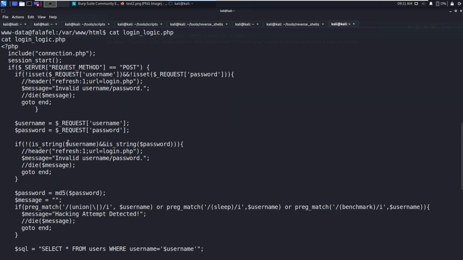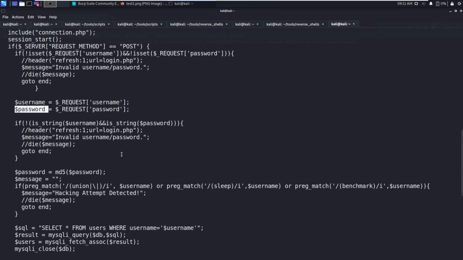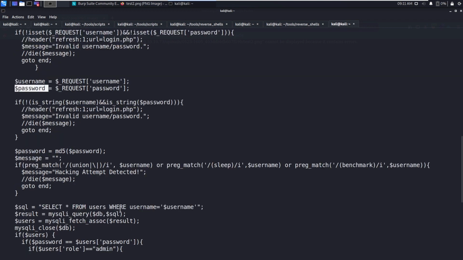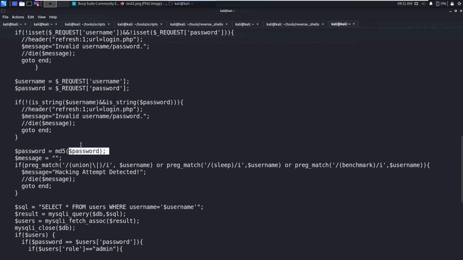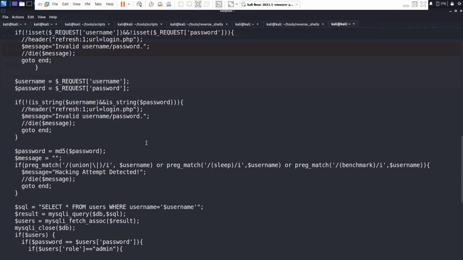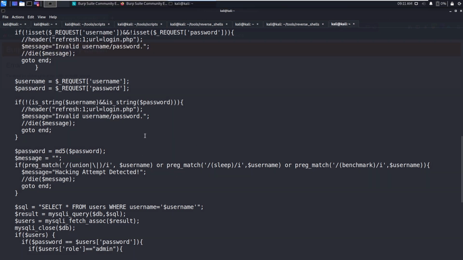Here we are getting the username variable and password variable, and they are being compared as string type. And then you can see it is doing the MD5 hash. So we have sent the float number that is being hashed to this password, so that will result in the same hash that is stored in the database.